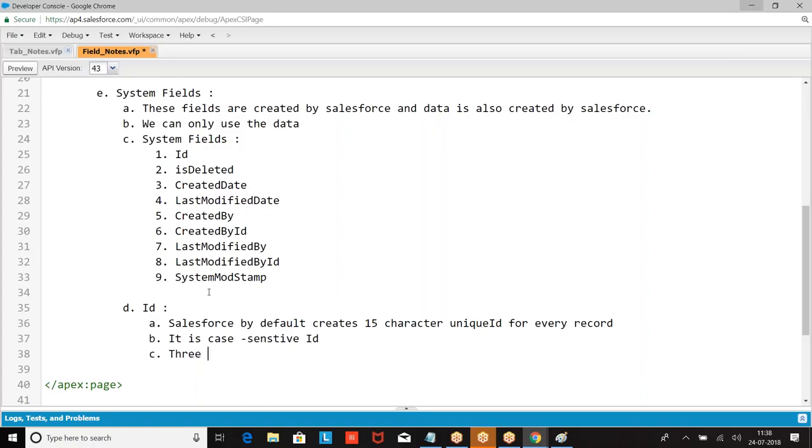Three more additional characters are added to the ID to make it case insensitive.